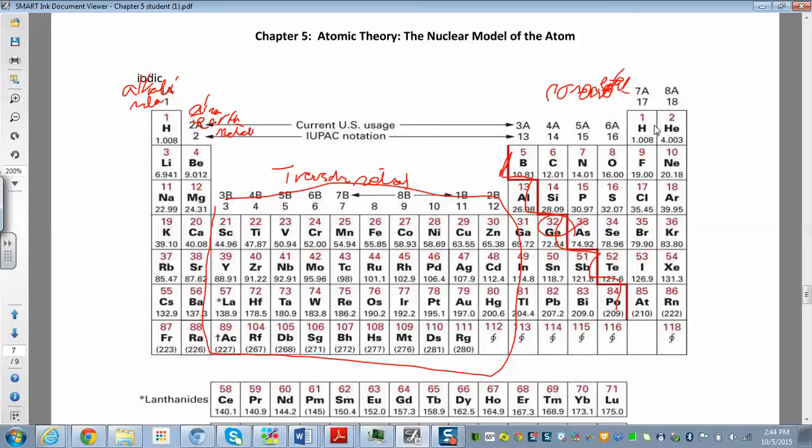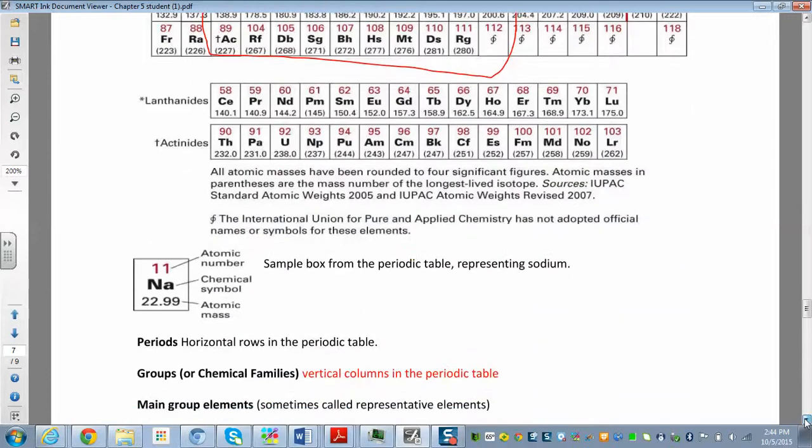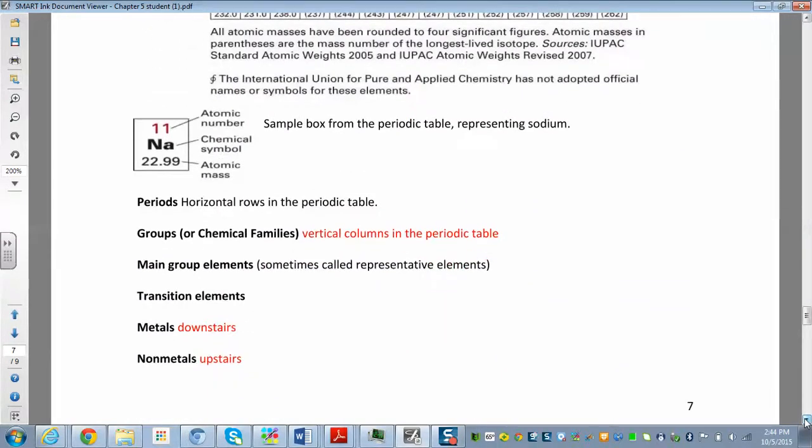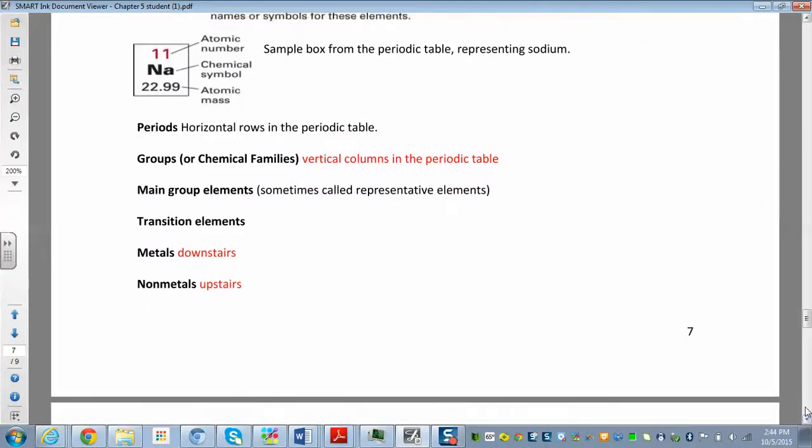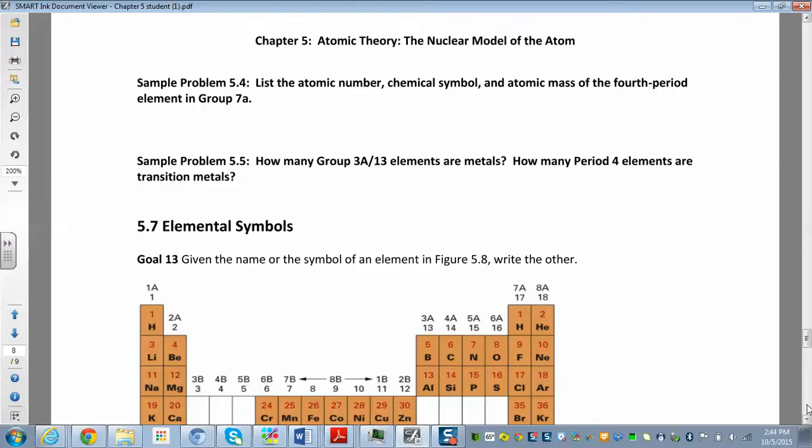There we go. These are the noble gases. These are the halogens. Those sorts of things. So we have to be able to look at an element and say whether it's a metal or a non-metal, and what family does it belong to. So we have those transition metals, right? Metals versus non-metals. We need to be able to look at a periodic table and say all of that. So let's try to just navigate our way around the periodic table here.